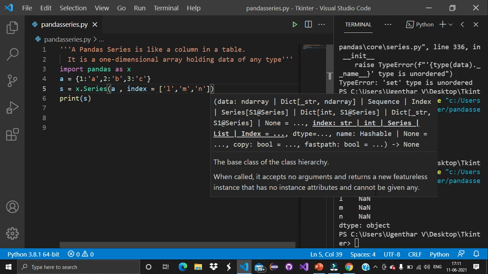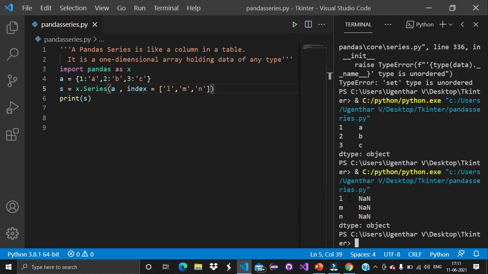Here, see, it is not working, because while giving my own index values or labels, it is giving NaN. It is a numeric data type, which means nothing. I gave the input in the form of a dictionary, but I'm getting the wrong output.